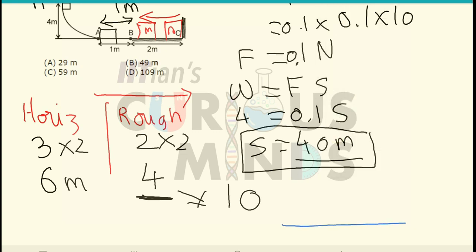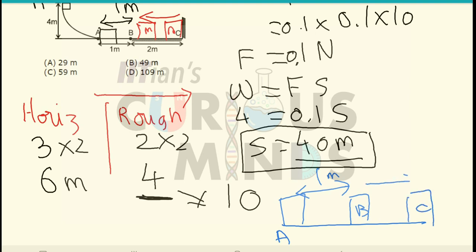In the 10th round, when the block goes from point A to point B, there is no problem because there is no friction over here. When it goes from point B to point C, it has been exerted by 9 rounds. By the end of 9 rounds, it has already consumed 36 joules of energy, okay, exerted in the non-conservative force. By the 9th round, all this 36 joules of energy is consumed.